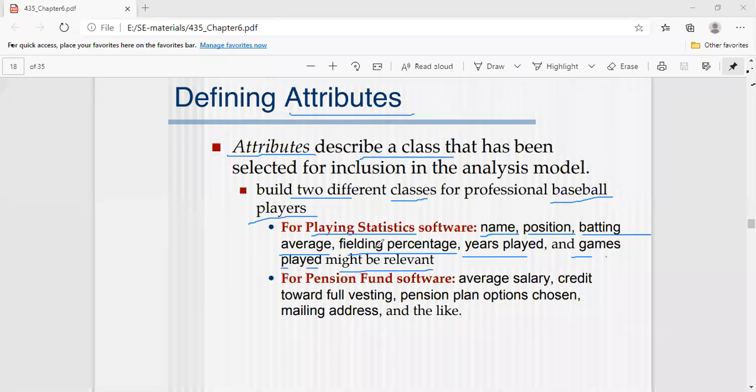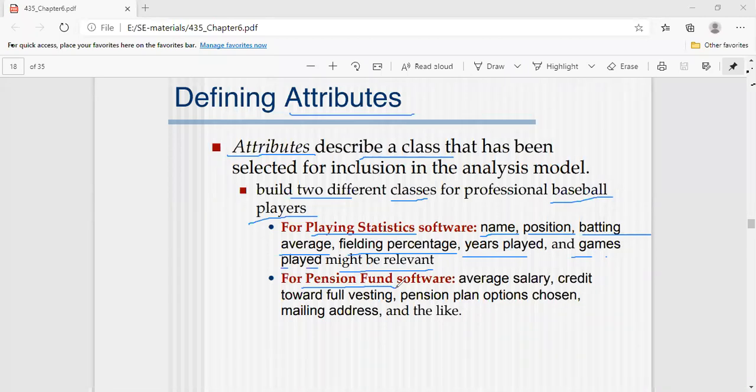Clear? If we are going to define a second class for baseball players, what is that class name? The class name is pension fund. Pension fund means a retired baseball player may be eligible for receiving a pension, isn't it?